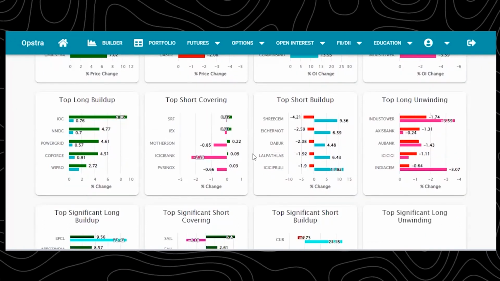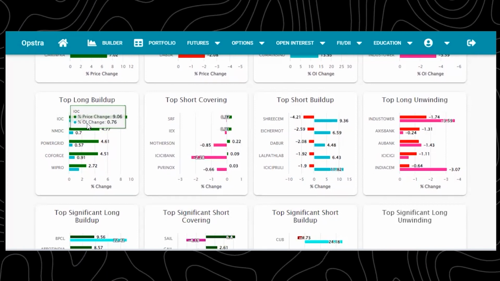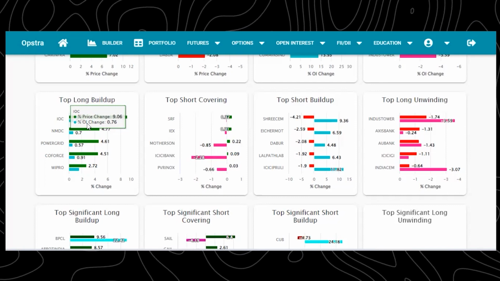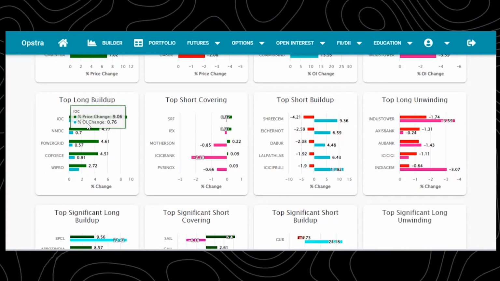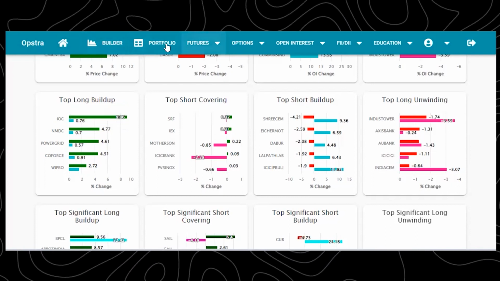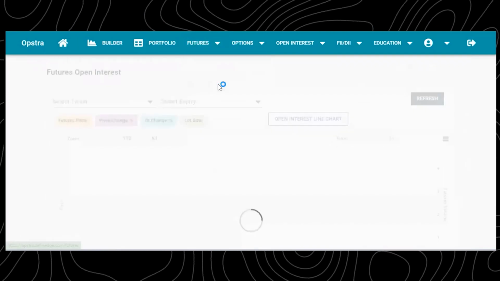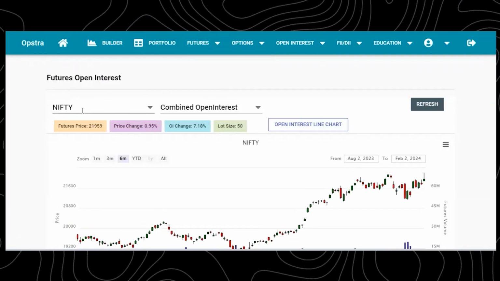So basically now, these are the specific stocks which are there. But let's say you have some position in your stock. How will you get to the stock specific which you are interested in? Correct. So here there is another feature. Let's say in the future sections I come to the future open interest data. You have built positions around the Nifty, let's say for